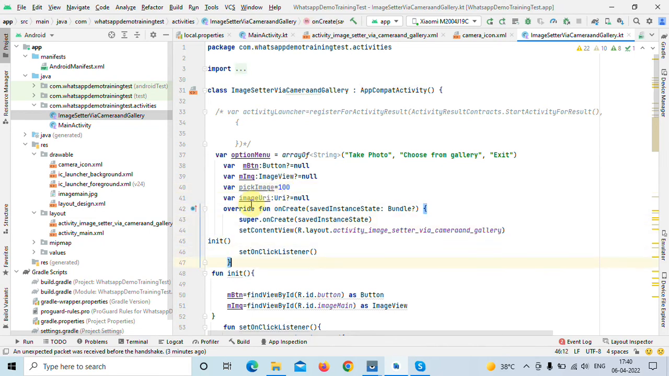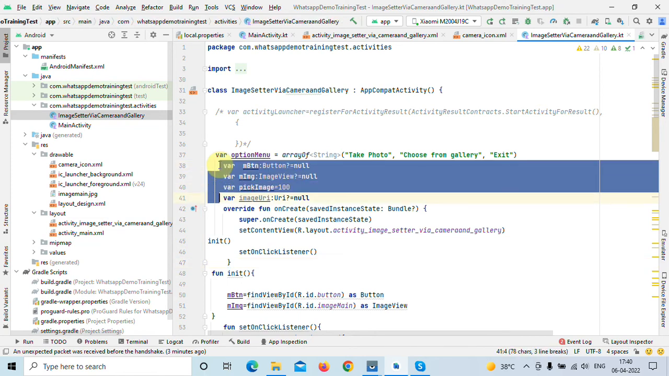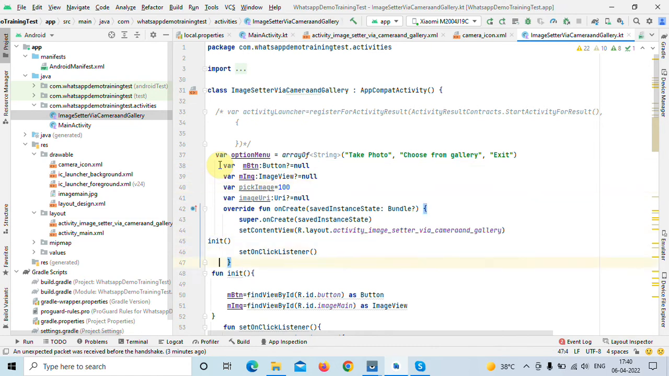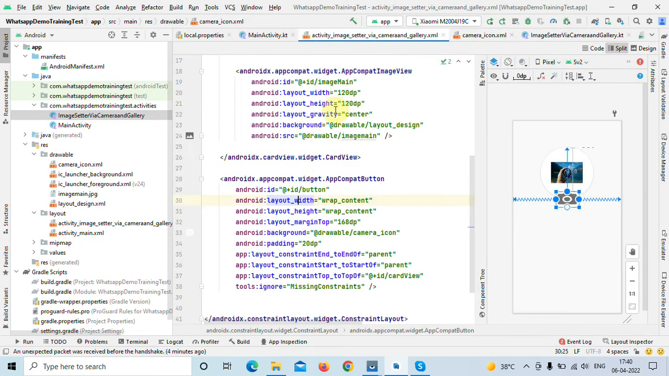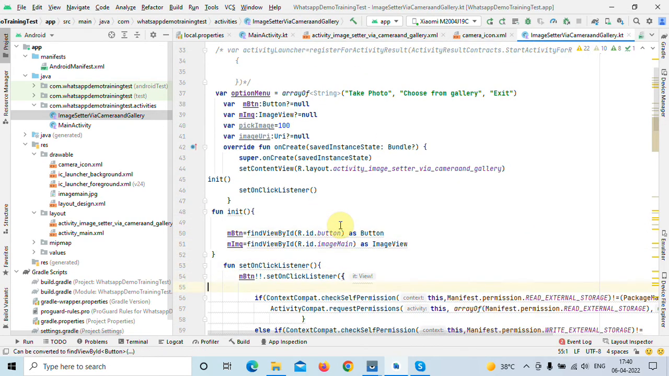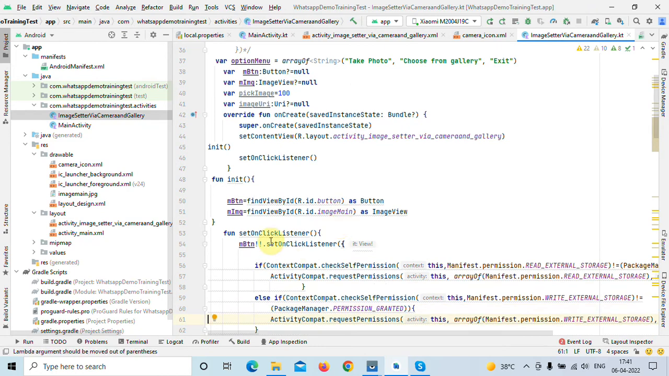We declared that variable globally so that we can use it in our program. And we use a special method to initialize that. We initialize the button, we find view by id, and the id is passed from there, that we passed in our XML file, button id, and like that image main. And we created another method, set on click method. In that we place a set on click listener event,